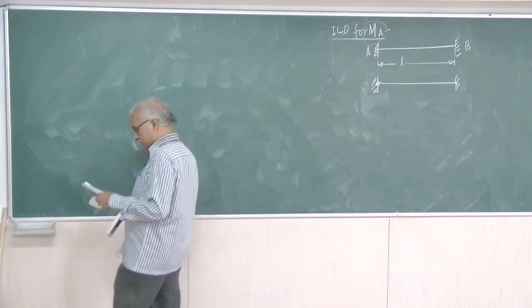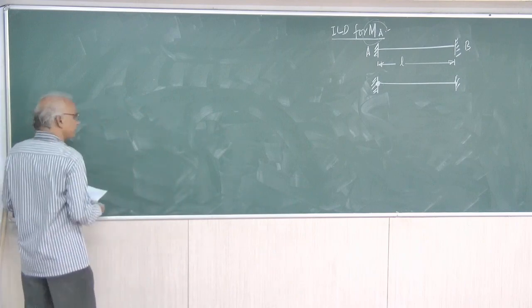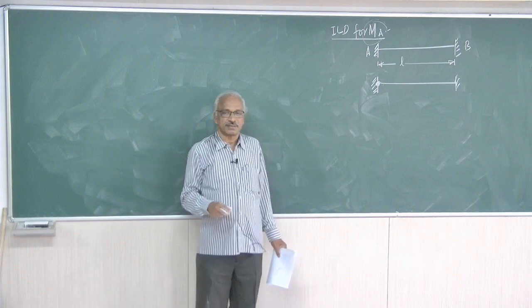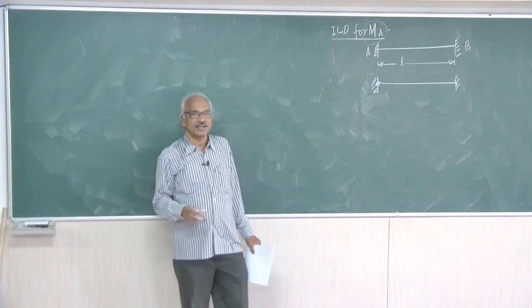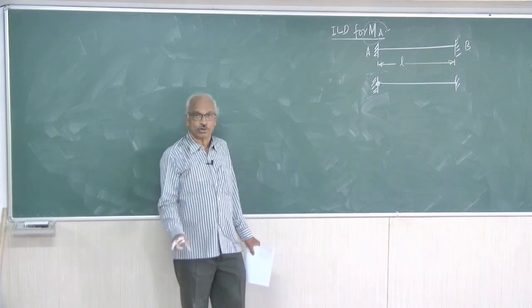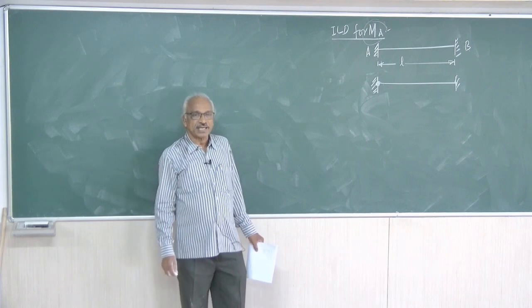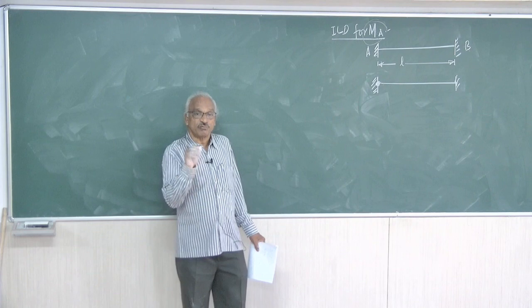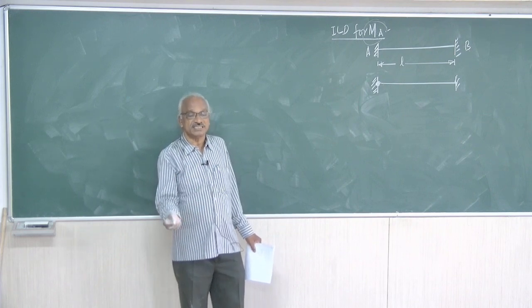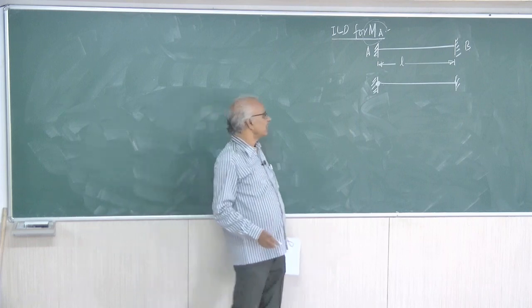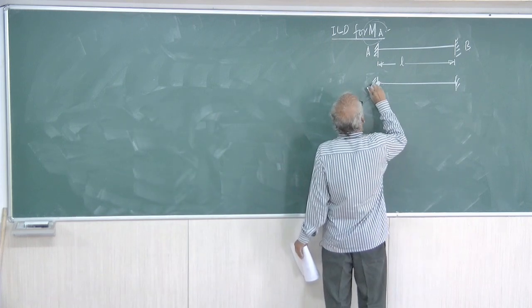It will introduce a hinge at the point A. So that is the first step. ILD for MA is required, destroying the moment carrying capacity alone. Then we have to apply unit value of the force for which ILD is required. ILD is required for MA, therefore introduce unit value of MA.